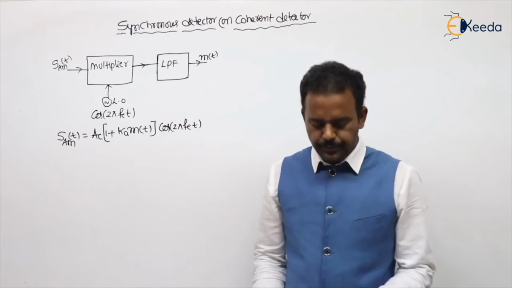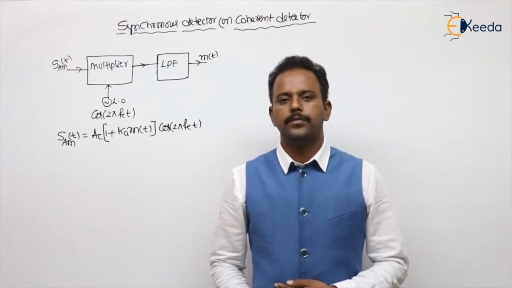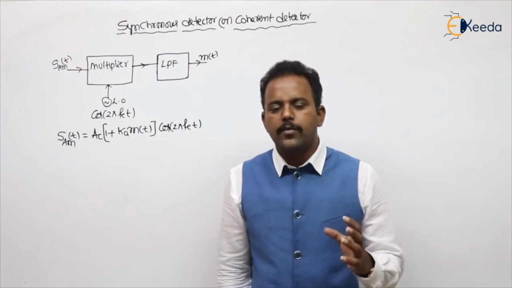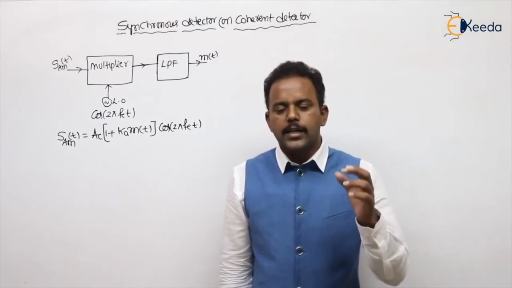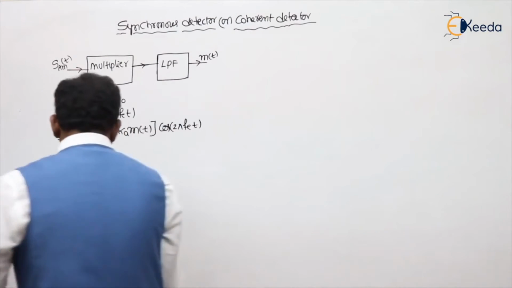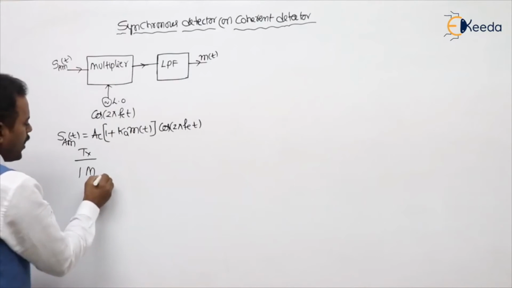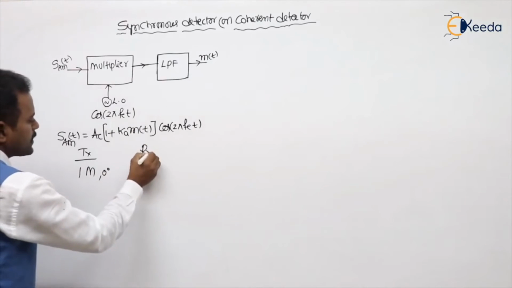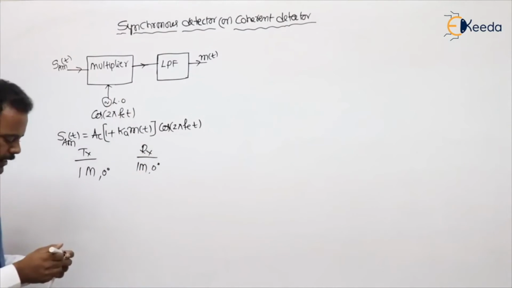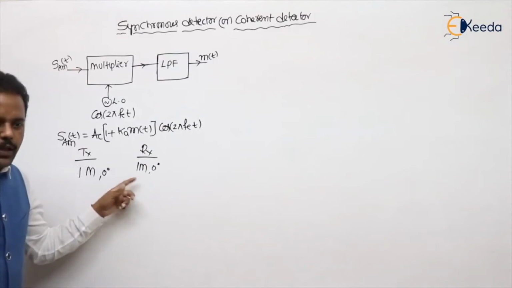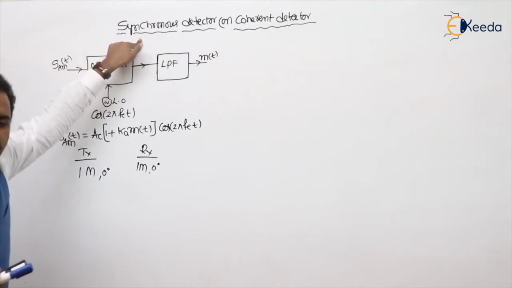For example, the transmitter and receiver are designed by ourselves only. Now, in the transmission side, for example, the carrier frequency I am using is 1 megahertz of phase 0. In the receiver side, in the local oscillator also, I am using 1 megahertz and a 0 degree phase. Then both will be same, na? If both are same, then what is the meaning of putting it as synchronous? Are you following my point or not?